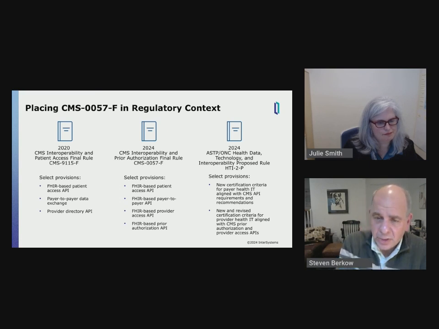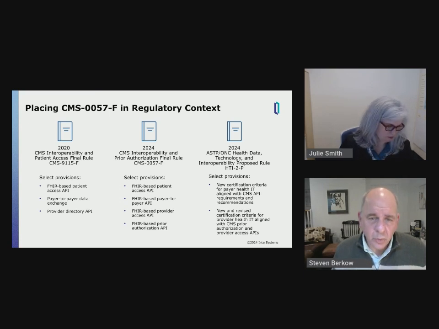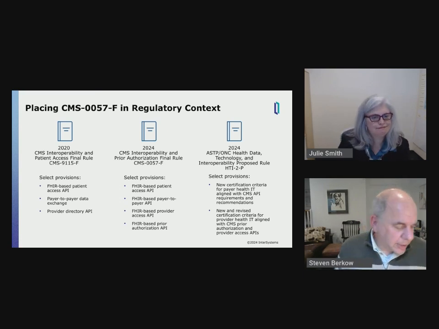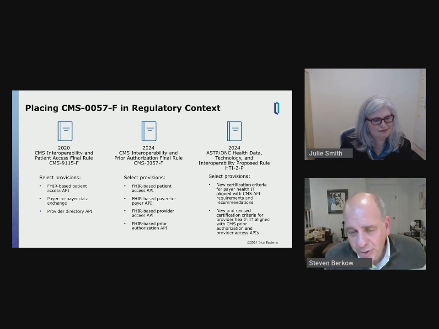If this is something that hasn't hit your radar screen, it's something you should start to really be aware of. A couple of things I'll just top line here. Number one, note that in contrast to the first two, which were CMS regulations, this is an ASTP ONC regulation or proposed regulation, which means that